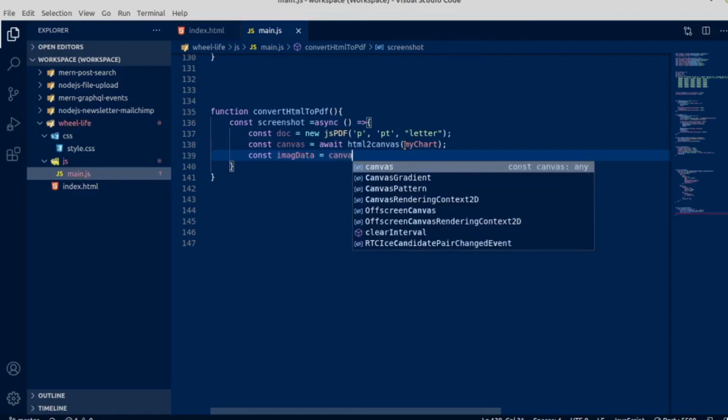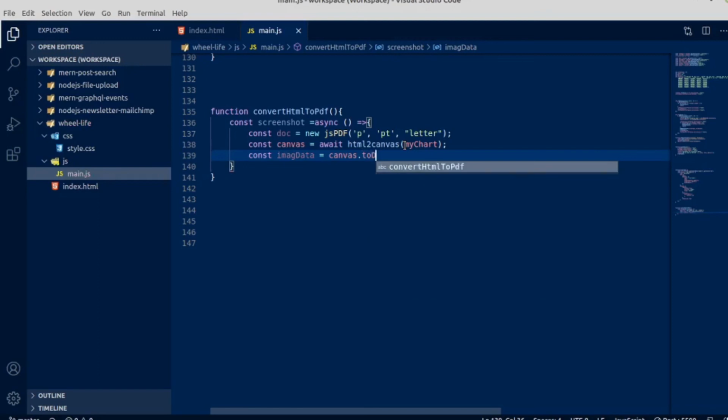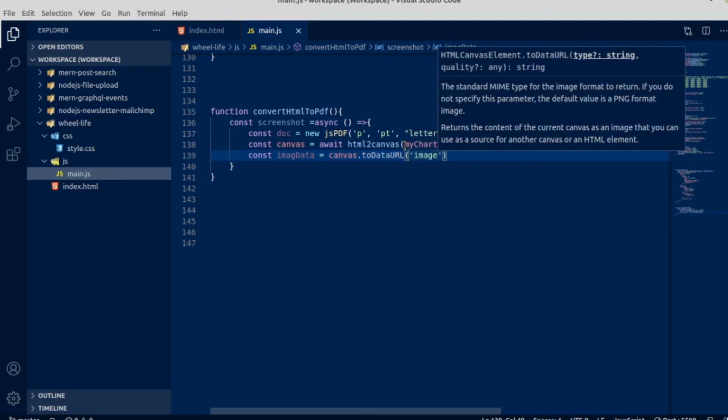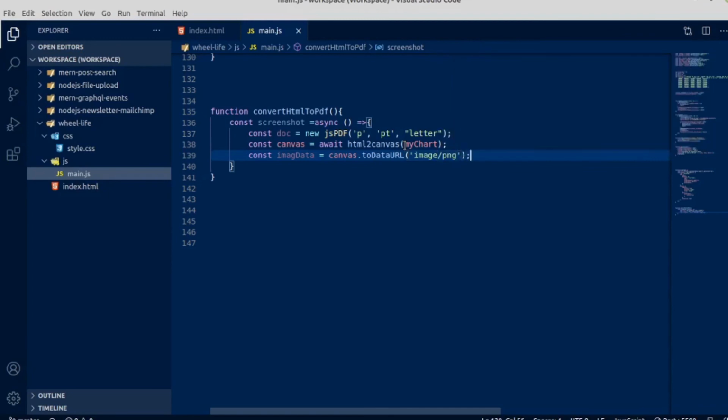Canvas dot toDataURL. Make sure all cases are same as mine. Image I want as PNG image, and next